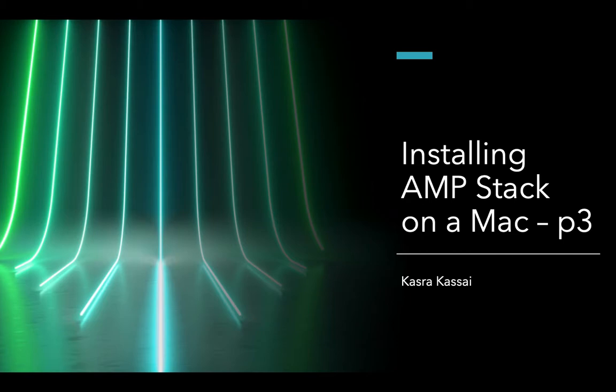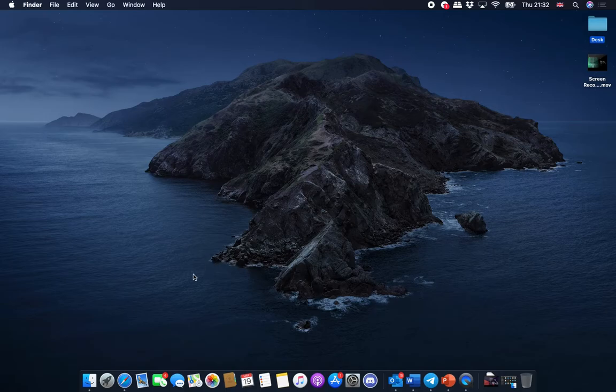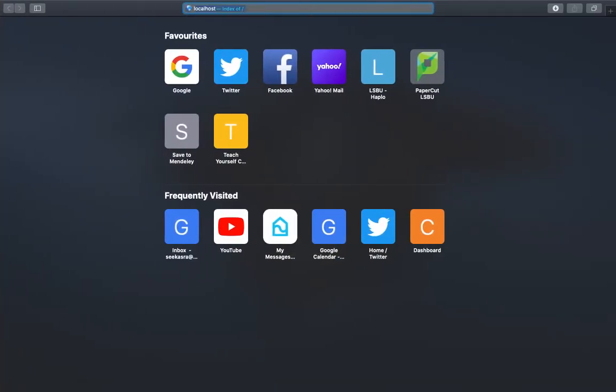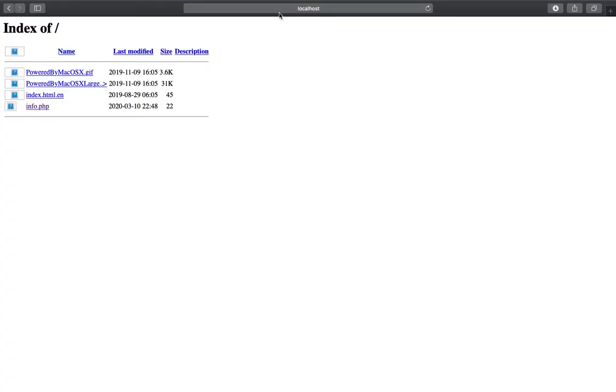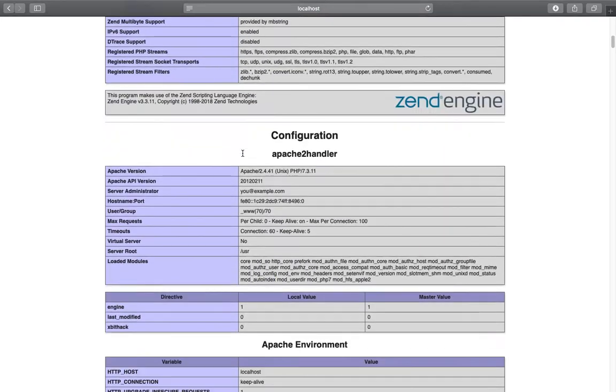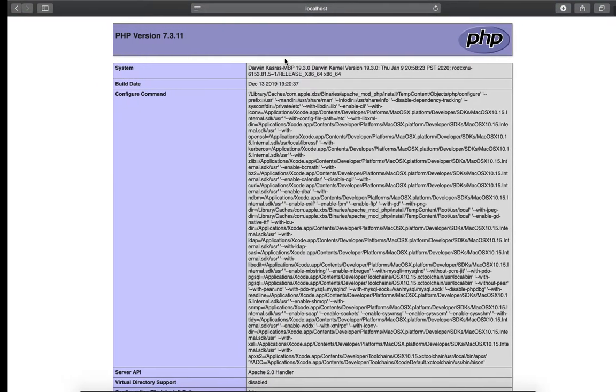Right, as we discussed, we currently have our PHP and Apache running, as you can see here. Now, the third part is to install